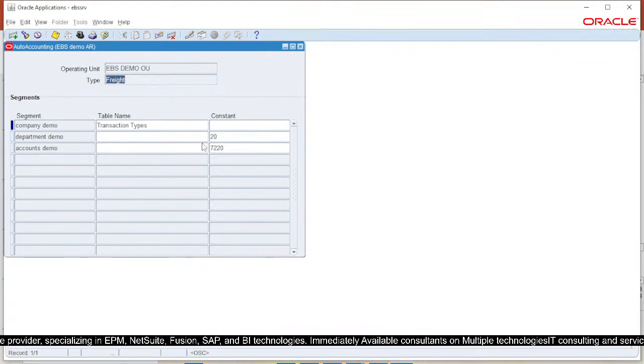So here you can see it is created for freight, auto accounting rule. So this is the code combination, like two are constant, department and account is constant, and from company, transaction type is given. So we have seen this. So for freight, whenever you are going to use this freight, GL accounts will get reflected from this auto accounting rule. In a similar manner,